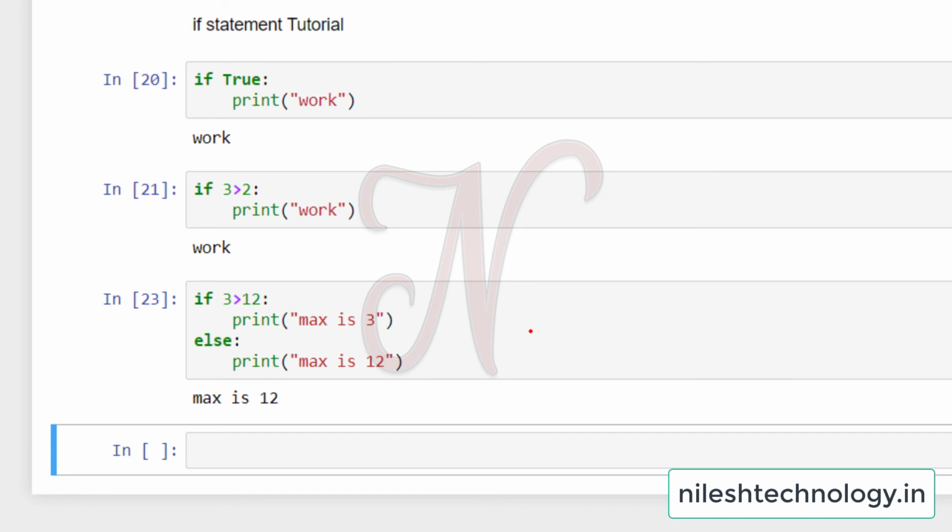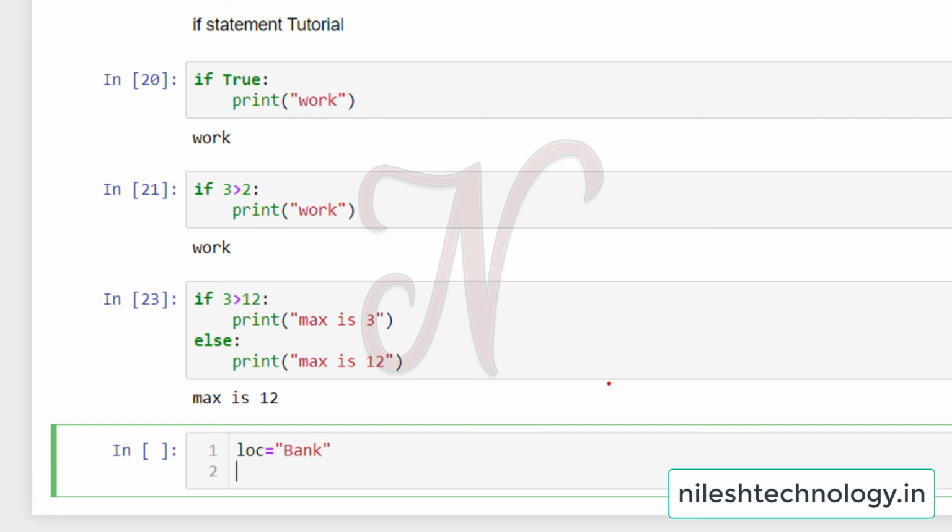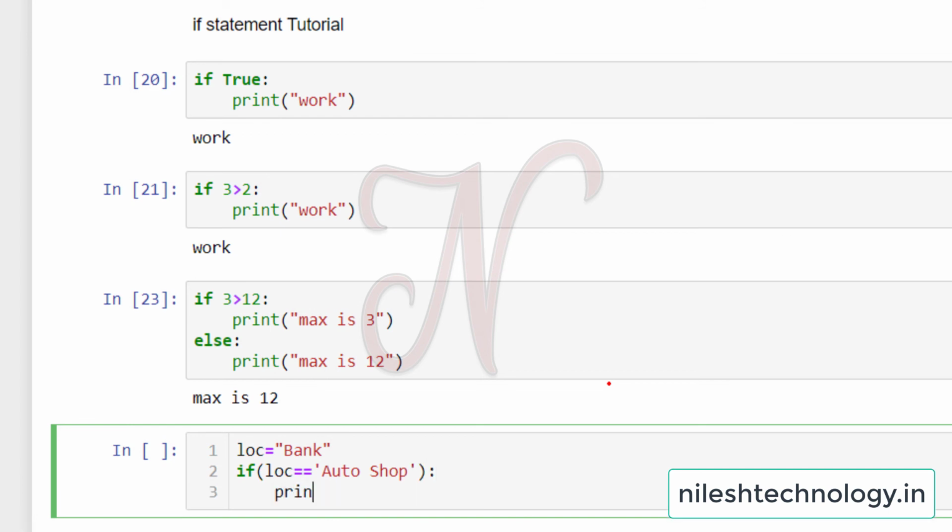See the example. loc is equal to a string, bank. Then if loc is equal to auto shop, my message is welcome to shop.